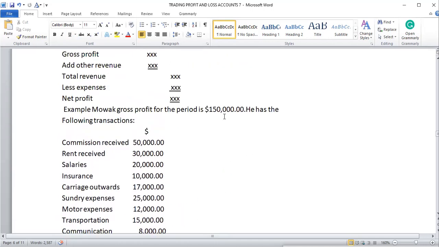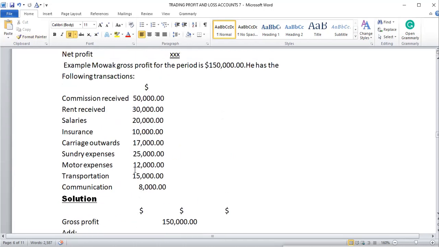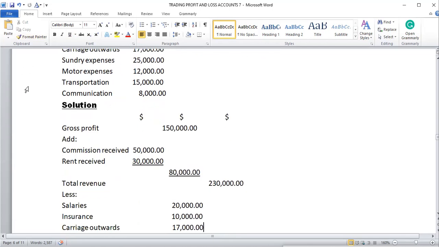I would say that's the gross profit brought down. Then you take other revenue. That's commission received $50,000, and the rent received $30,000. So the $50,000 will be added to $30,000. It will be $80,000. Then you add it to the gross profit, which is $150,000, so that the total revenue